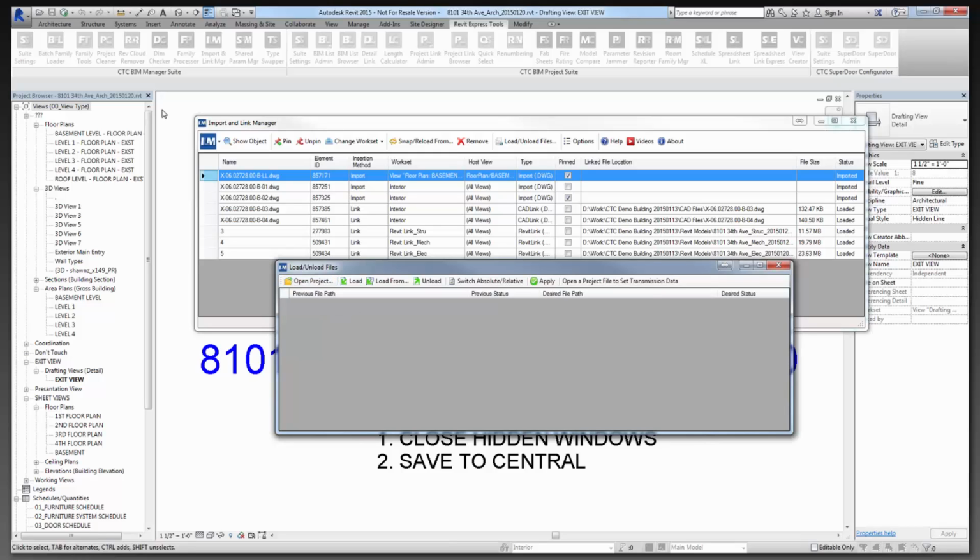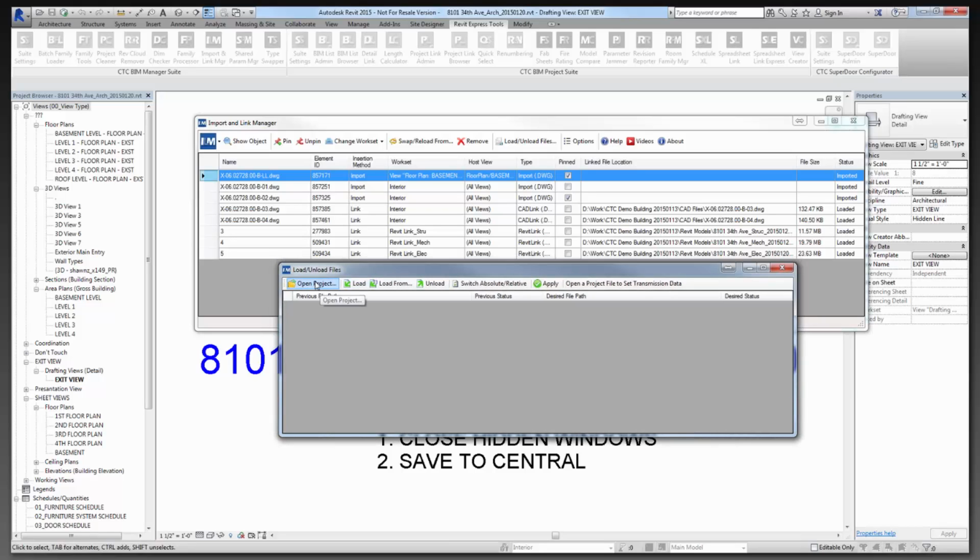Because as you saw when I opened it up, when I used the open command, it asked me to resave it as the central. So basically this is the first step that you would do when you are either bringing a file out of archive or downloading off of an FTP site or taking over a model. When you do these repath the loaded files here, you definitely want to make sure nobody's in that central